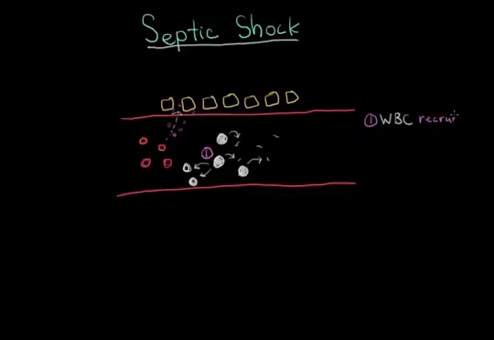Now here comes a major point. This infective material is normally not in the bloodstream. In fact, it's usually out here in the interstitial tissue. So usually white blood cells have to get into the interstitial tissue and eliminate the threat. Now white blood cells do that by releasing molecules such as nitrous oxide. The molecules that are released interact with the blood vessels and cause the blood vessels to do a couple things.